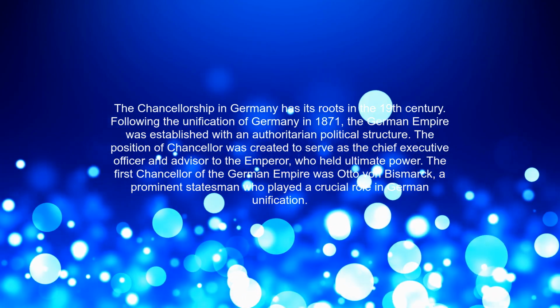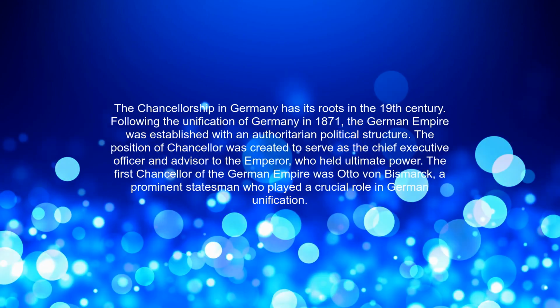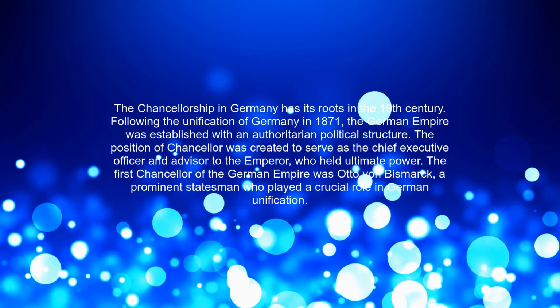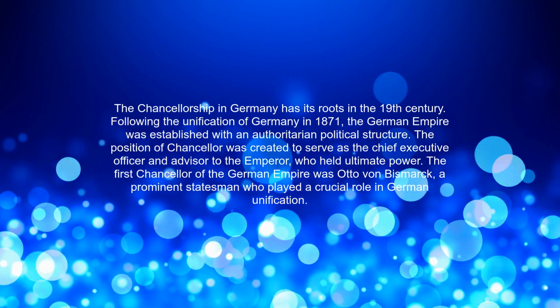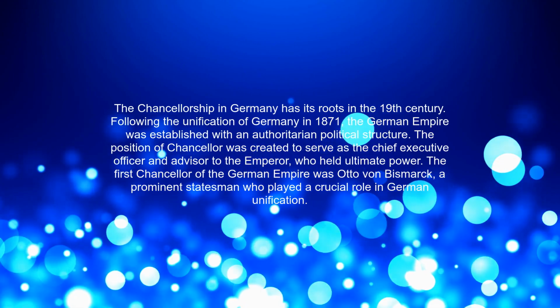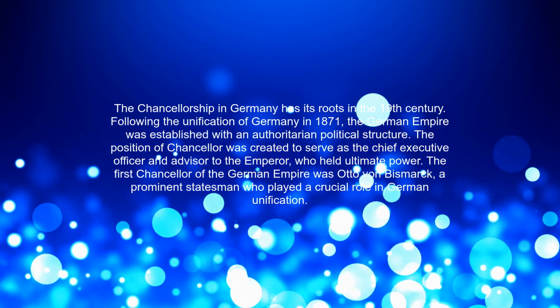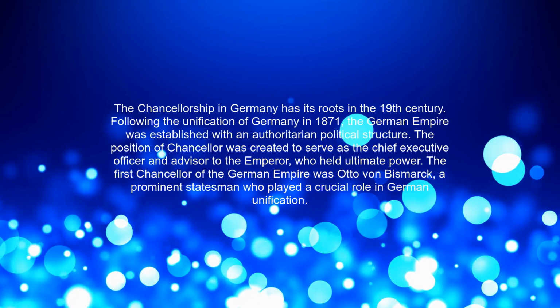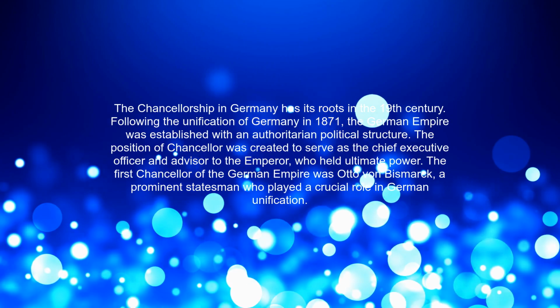Following the unification of Germany in 1871, the German Empire was established with an authoritarian political structure. The position of chancellor was created to serve as the chief executive officer and advisor to the emperor, who held ultimate power. The first chancellor of the German Empire was Otto von Bismarck, a prominent statesman who played a crucial